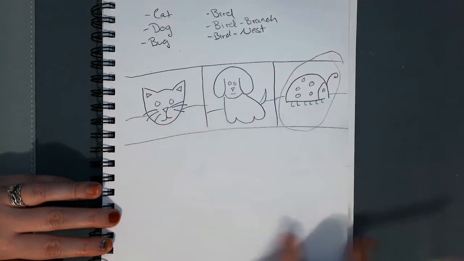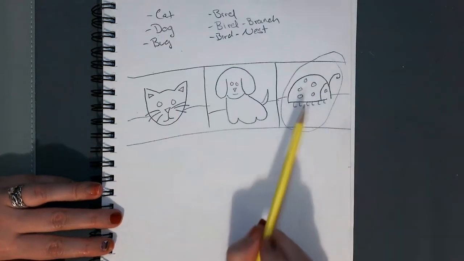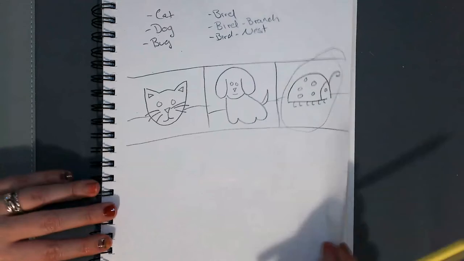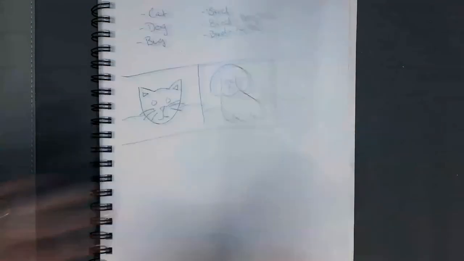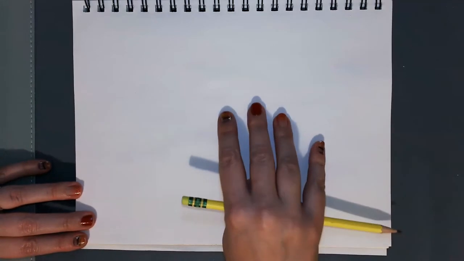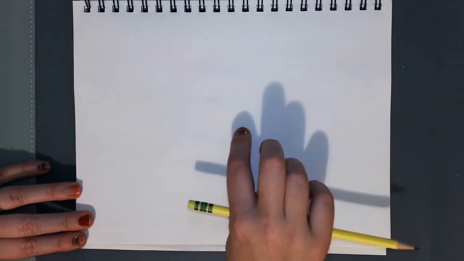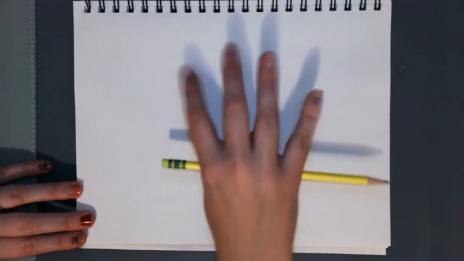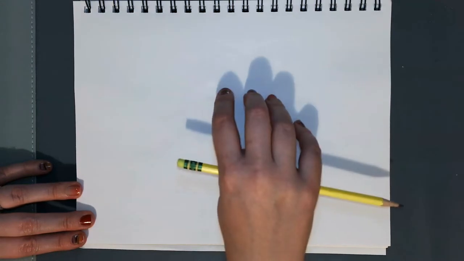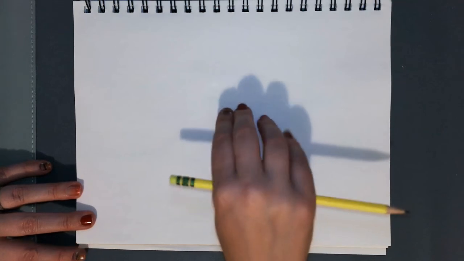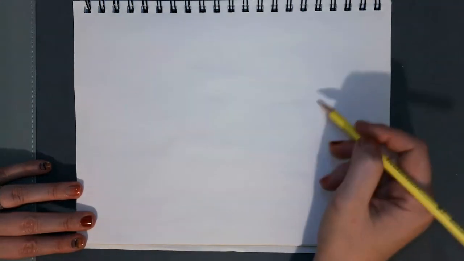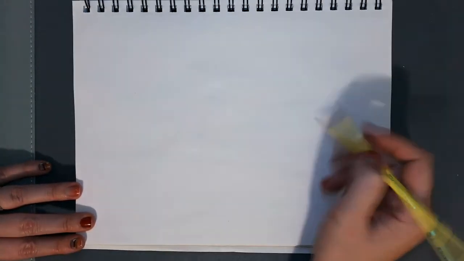So after you've got your favorite one, then you are going to do the design on paper that's big, full size. So I'm going to keep this, but I'm going to flip it so that I have a clean page. And this is going to be the background paper for my mosaic. So if you want your background to be a different color besides white, then you should change this color. I'm just going to do it on my notebook. But if you want this to be something other than white, then you should change your paper here. So you could do a piece of blue paper or a piece of black paper or something like that for your background. This is essentially going to show all of the space between your pieces